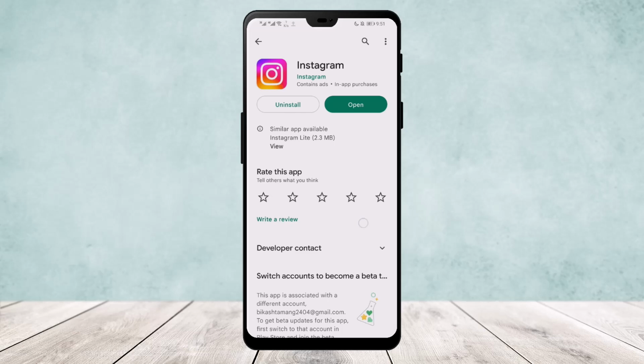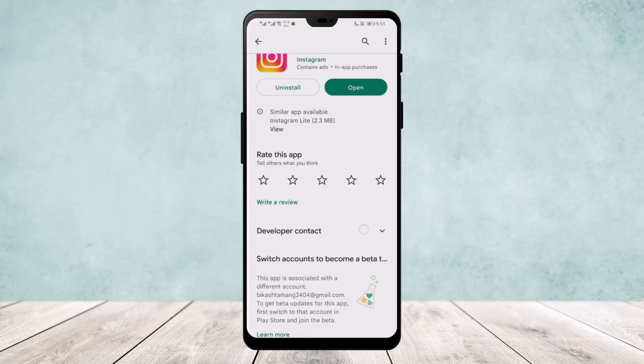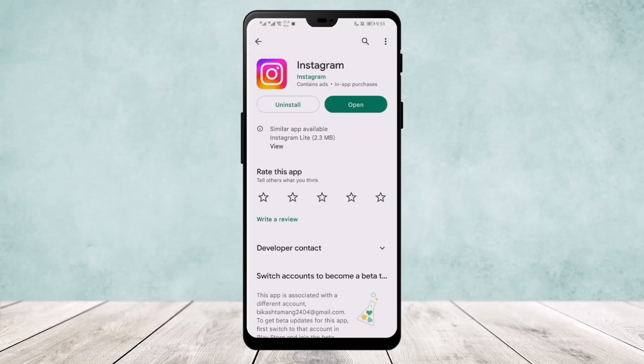Now, first head over to your App Store or Play Store and make sure your app is updated to the latest version. If you go to App Store or Play Store and search for Instagram, you'll get an interface like this. Now, if your app isn't updated to the latest version, you'll get an update option instead of this open option that you can see on the screen right now. Now if there is an update option, update it, and once you do that, if the problem still persists,